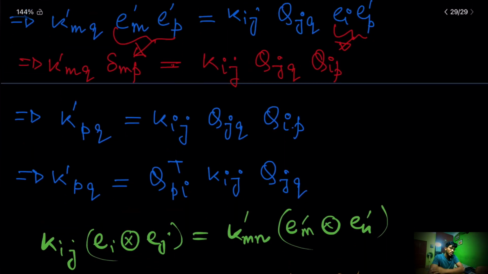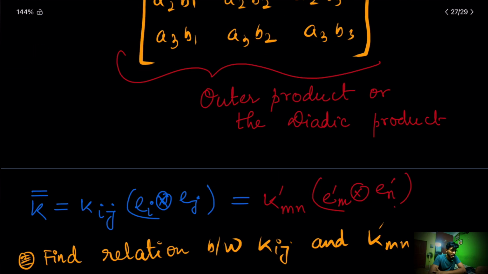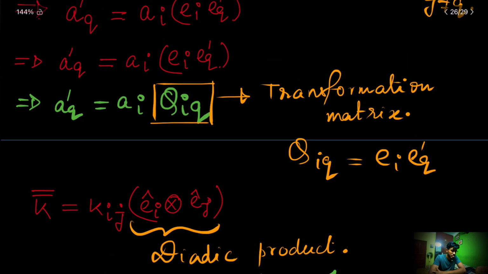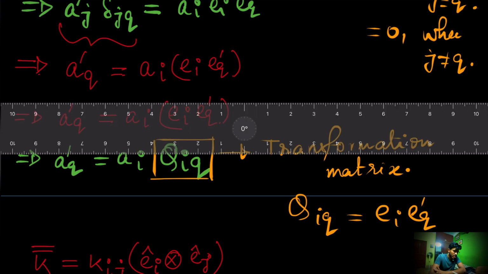Okay, so you see, this actually is dependent on the definition of my transformation matrix. So if I had defined this, sorry, what,